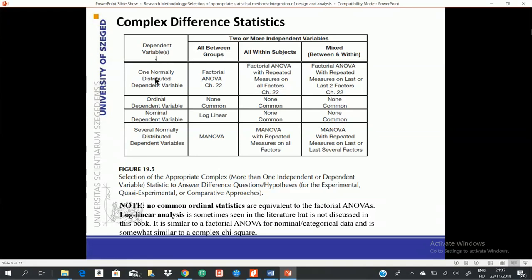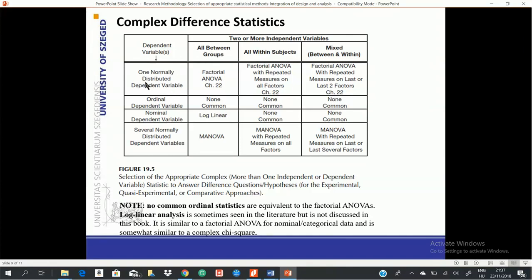variable. The second row here is for an ordinal dependent variable, then a nominal one, then several normally distributed dependent variables. It means that if you have more dependent variables, I mean more test scores, more than 2 questionnaires or more than 2 test scores, and some of the data is not normally distributed, you can do the test in this row. Okay, I will start from here